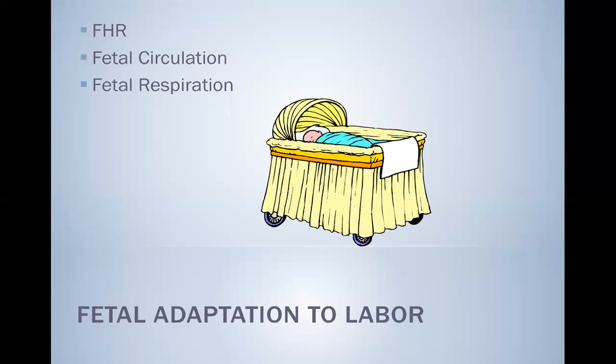So we want to decrease her rate of breathing if she's hyperventilating. Since we don't have paper bags readily available to us in the labor room, a great tool is a non-rebreather. So we can put a non-rebreather mask on mom without oxygen flow and let her breathe into that. And that's going to help to slow down her breathing so she can catch her breath, because she's going to be breathing in that CO2